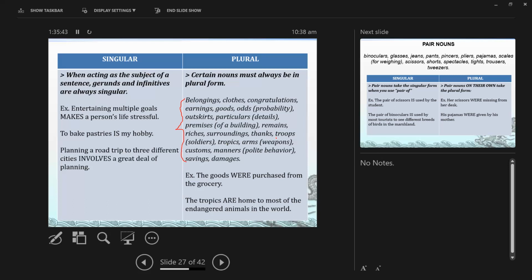Okay, let's do another writing activity right now. Make a sentence, choose one noun from here. Choose one noun and make a sentence on the piece of paper or on your phone. It's okay. So I encourage the Zoom participants to also send their entries. The instruction is use the nouns here in this red bracket to make a sentence.